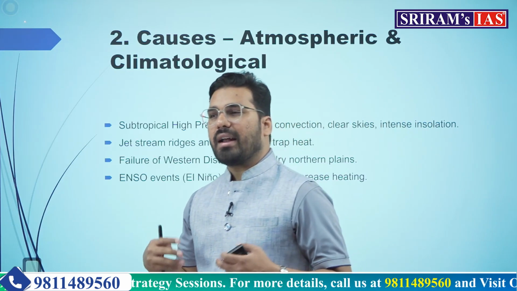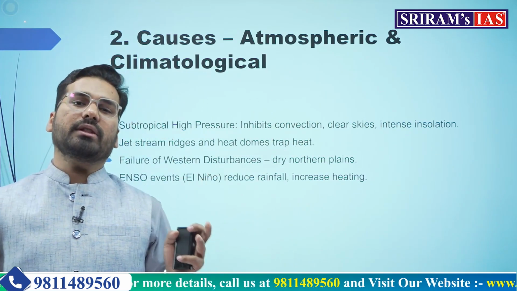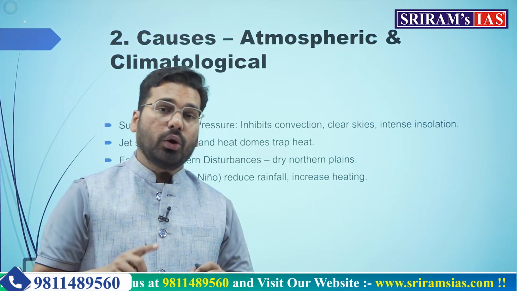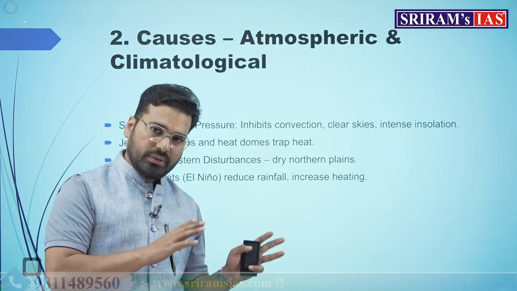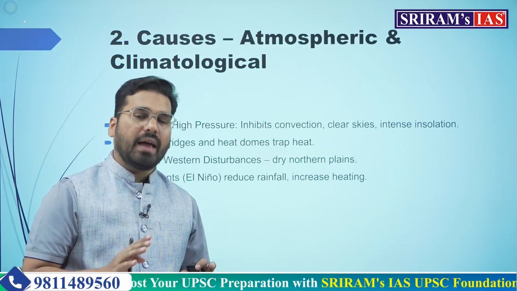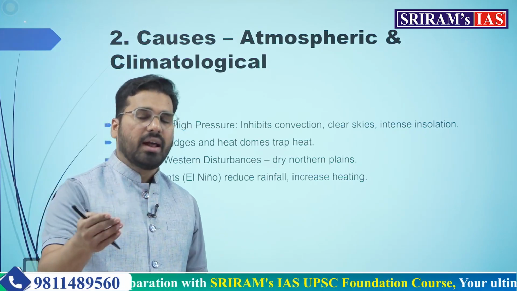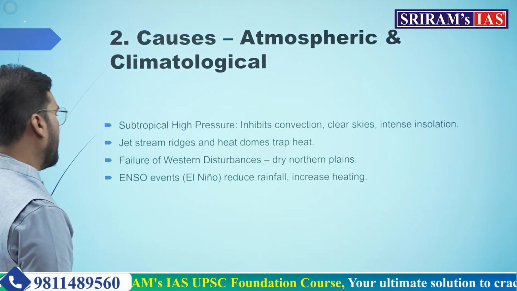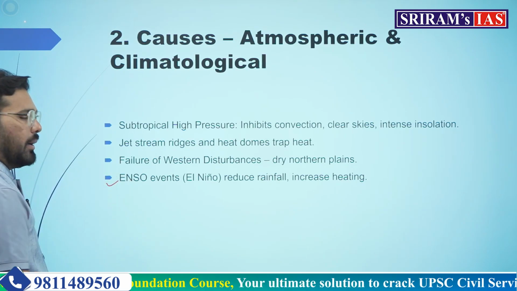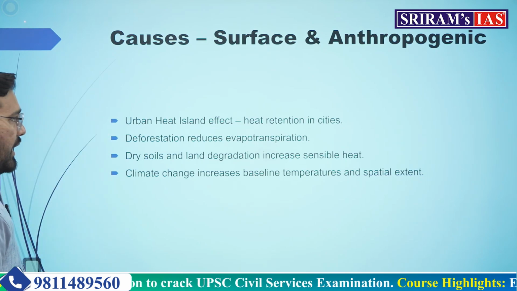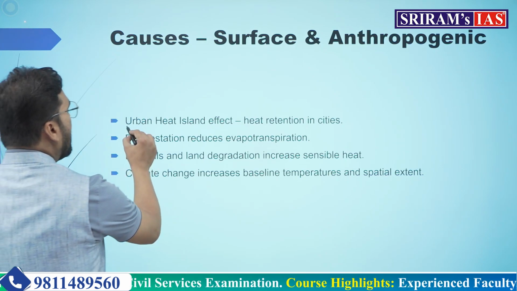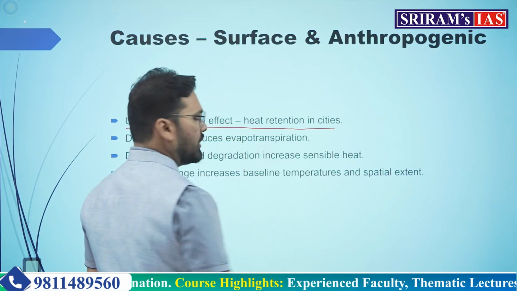That means it will start affecting multiple regions in the world, which also includes India. In India also that year, the monsoon will be very, very weak. However, this was last year, we actually got saved, and this year El Nino is not about to come. In fact, La Nina has just taken place. So probably it will not bother us much this year. Now, another cause, for example surface and anthropogenic, if you can include here, the urban heat island effect, which is heat retention in cities.